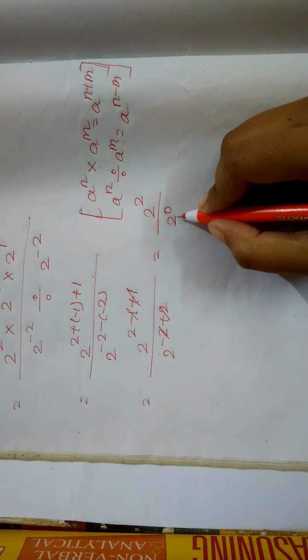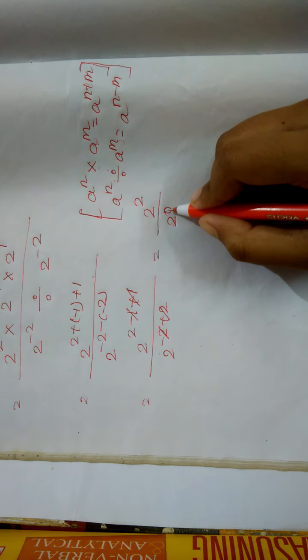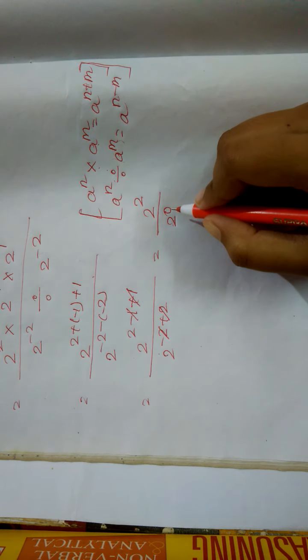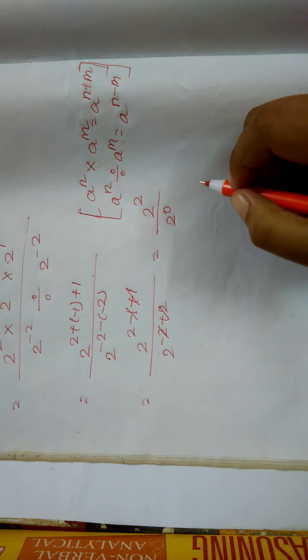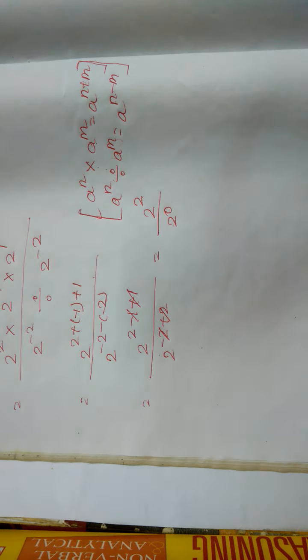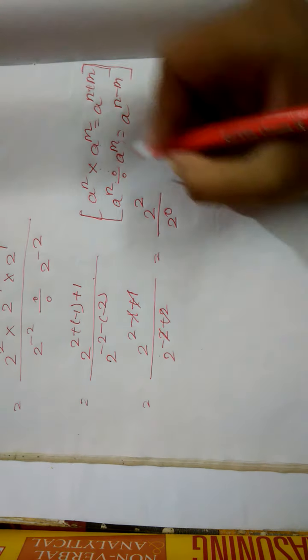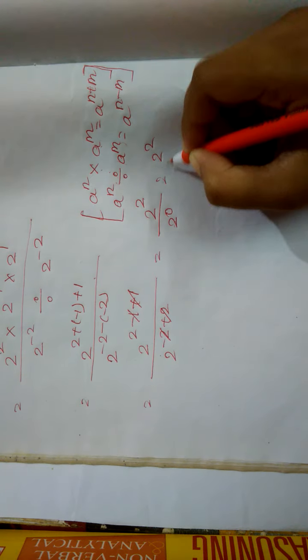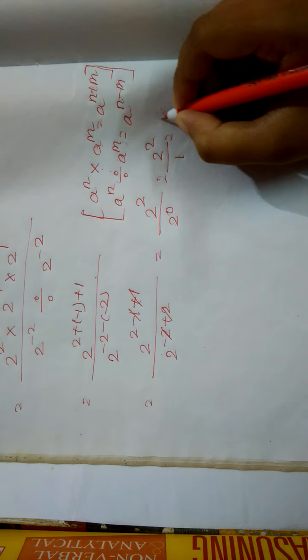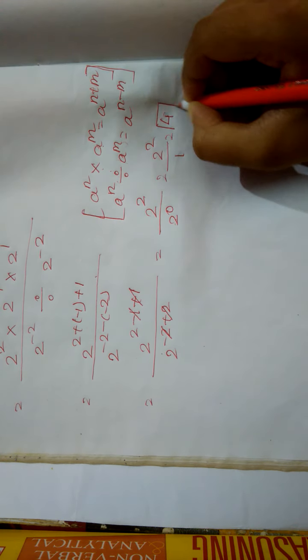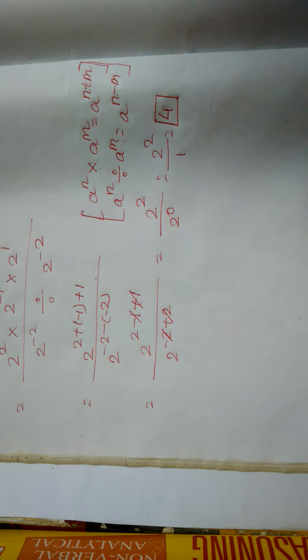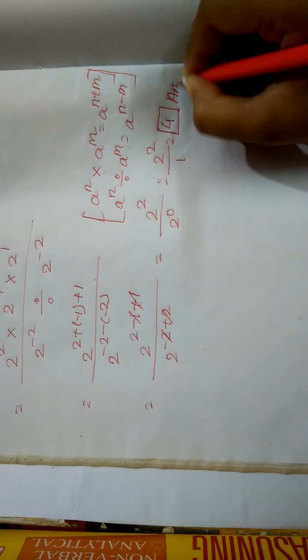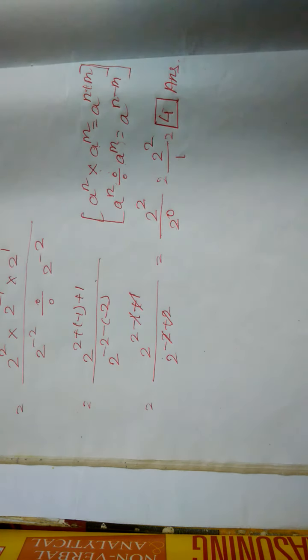Now 2 to the power 0 implies 1. In fact, anything to the power 0 implies 1. Anything, a figure to the power 0 implies 1. So we have over here as our answer 2 to the power 4 divided by 2 to the power 2, which implies 2 squared, which means 4. So 4 is our desired or required answer.